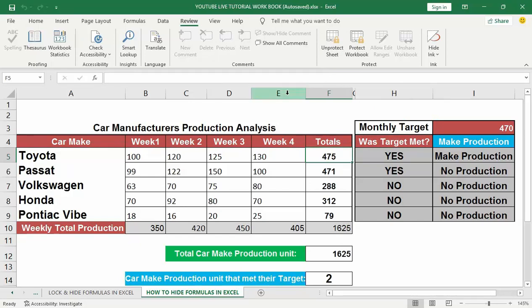Now when users select a cell that has formulas and is locked, he or she will not be able to see the formulas in the formula bar. If I click on those cells, you can see that the formulas are now hidden. No one will be able to see the formulas embedded in these cells. As I'm clicking on those cells, those formulas are being hidden. These are some of the ways you can lock cells, hide cells, lock some specific cells, and hide formulas in Excel.